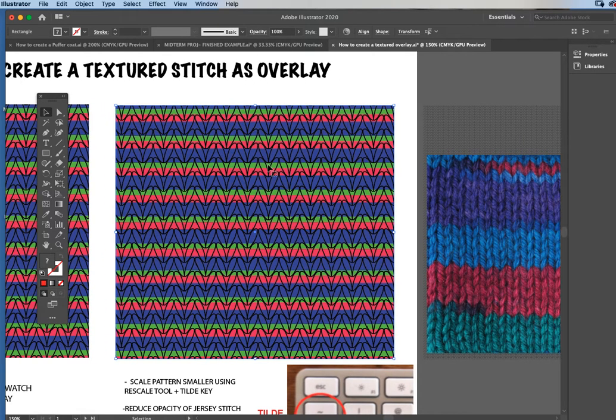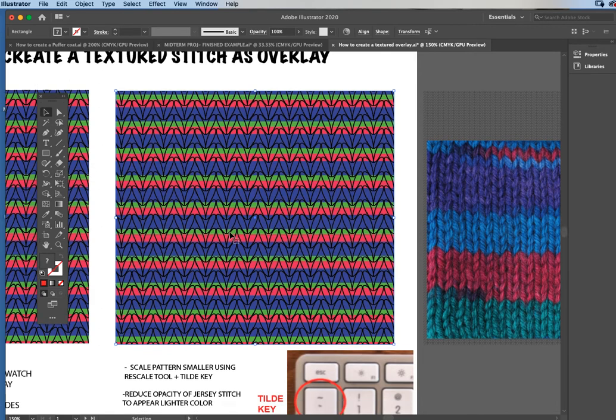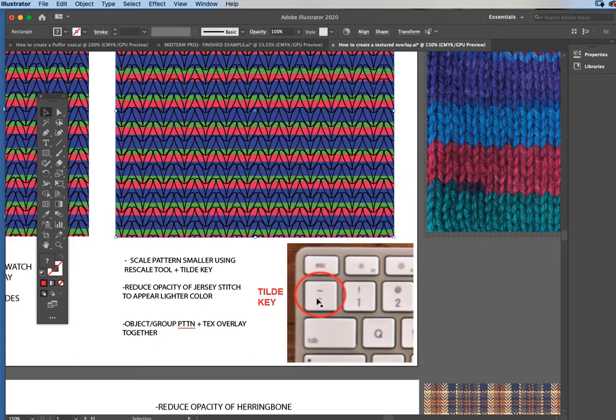But if you wanted to make a smaller scale version, an easy way to do that is to use both the scale tool and something called the tilde key. I'm going to scroll down here because I want you to find that key on your keyboard. Either way, PCs or Macs, it's going to be in the top left-hand corner, usually under the escape key, and it looks exactly like this, like a little squiggle at the top and a little squiggle at the bottom. So that's our tilde key, and it's